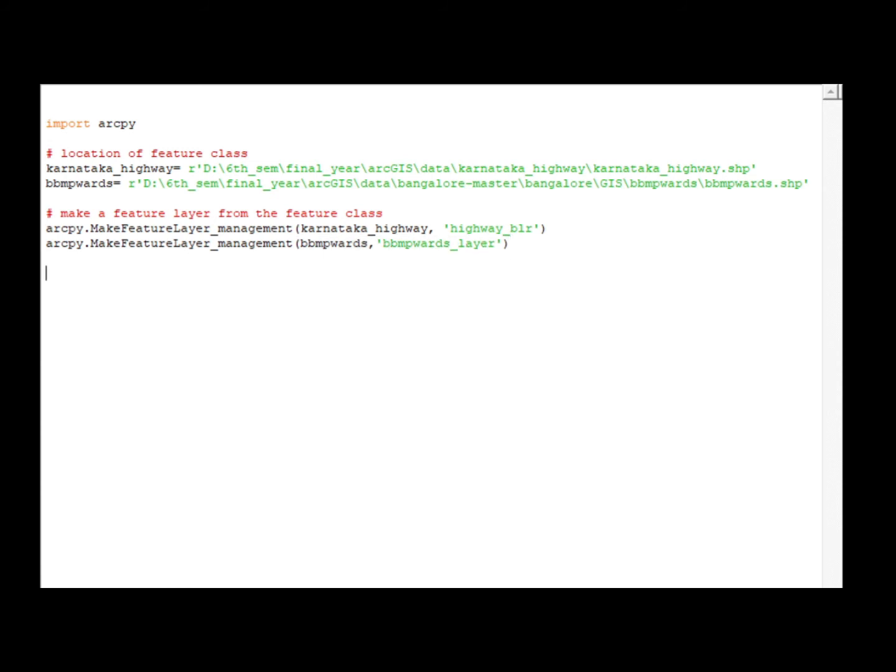Alright, now the layers are ready. So now what we need to do is just clip it. I need to clip highways to BBMP wards.